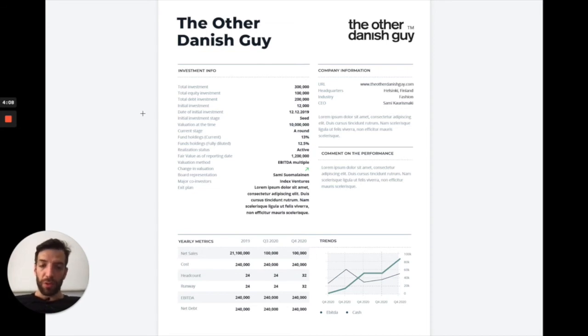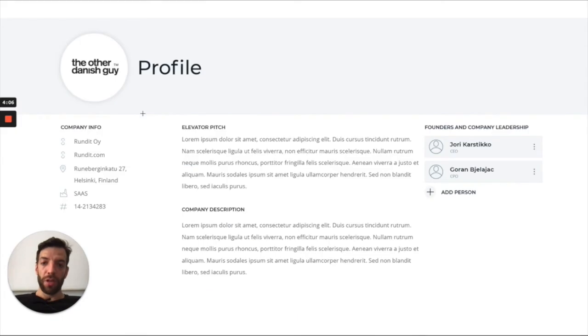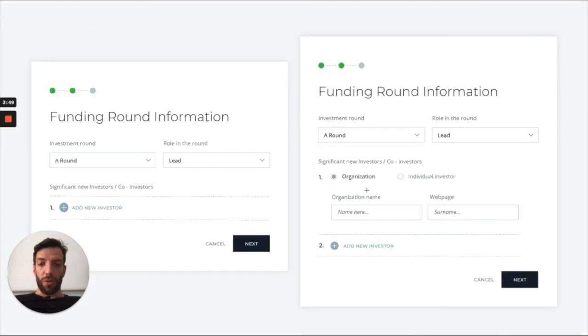What I'm showing you is basically the output that we are aiming to achieve. But in order to get there, we need a couple of data points that we're still missing. Initially we will improve the company profiles by adding logos on each company, and then founder and CEO information. But also in the transactions themselves, we want to include information about the funding round. So what was the role of the investors in the round, which round it was, whether it was seed, pre-seed, A round, B round, and if there are any significant co-investors, you can store them within the investments and the funding round